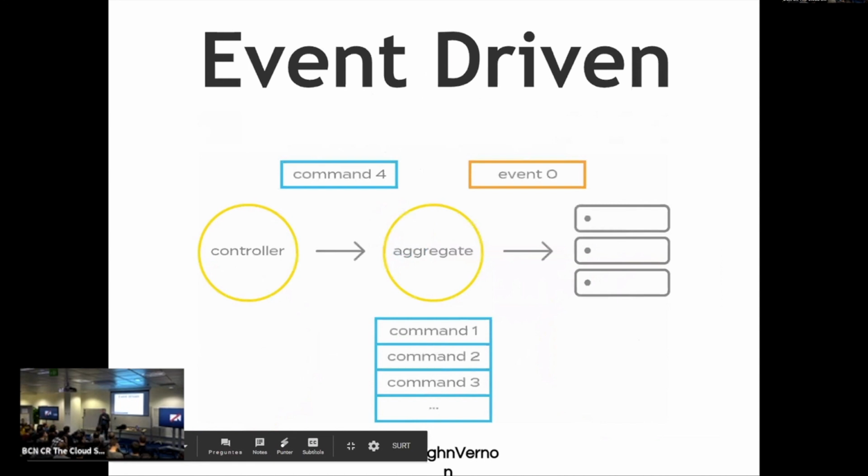Event-driven is quite important, and we had about 27 people in the IDDD workshop this week, and I have to say that I think that people really get the basic concepts of event-driven software, or even message-driven.